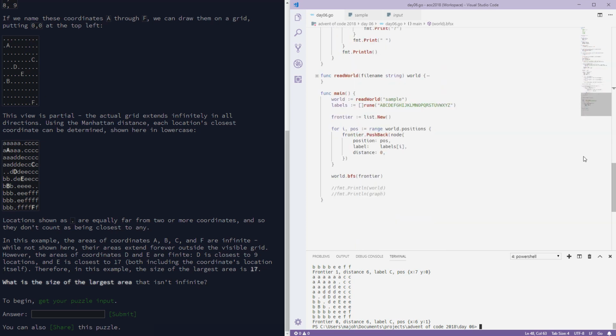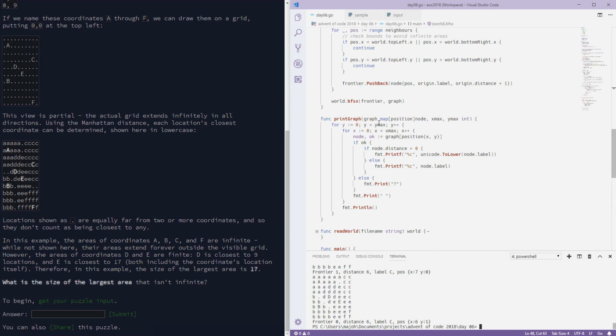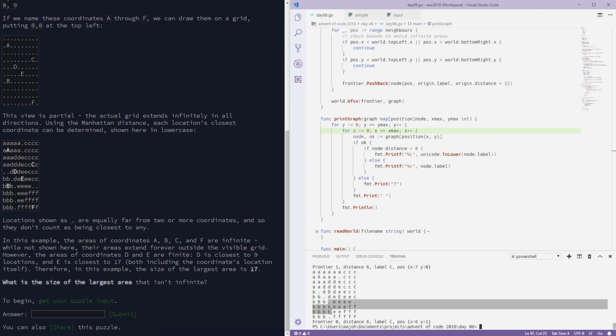Should be inclusive. Okay, we don't care about that because it's infinite, but we do care that it's not corresponding quite with